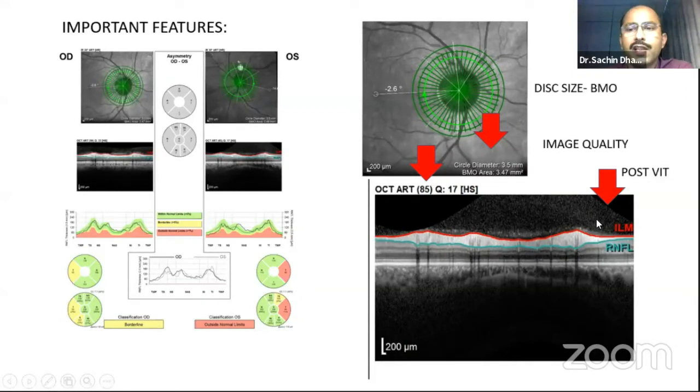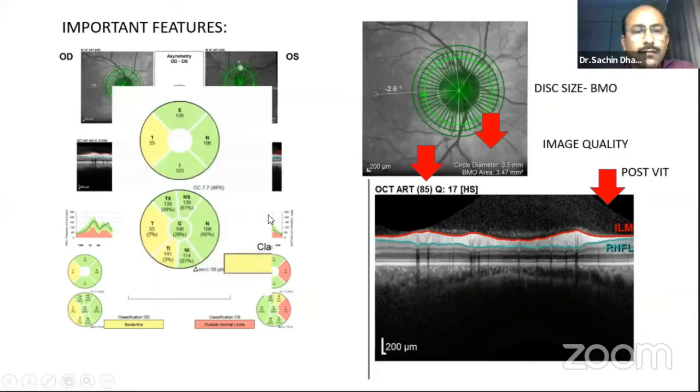Now this is very clear here, the posterior vitreous attachments. In case there is a PVD, the RNFL contour will alter. So I have my answer. Here I have the quality checks in place. A Q score of more than 15 is acceptable, but I use more than 20, 25 as the standard. The higher the score, the better your imaging technology, imaging methodology.